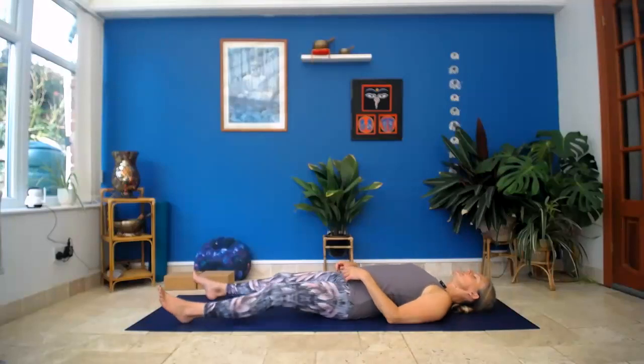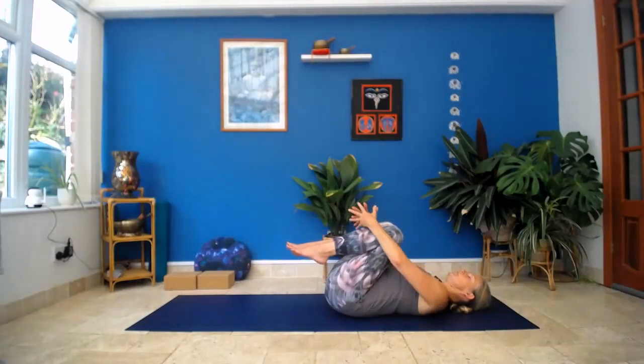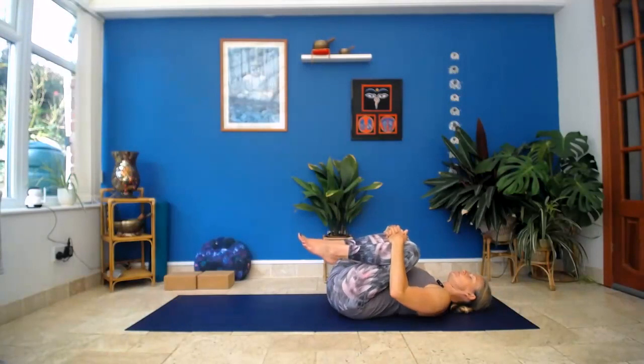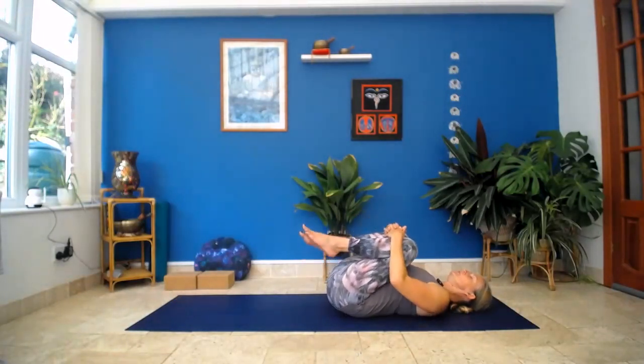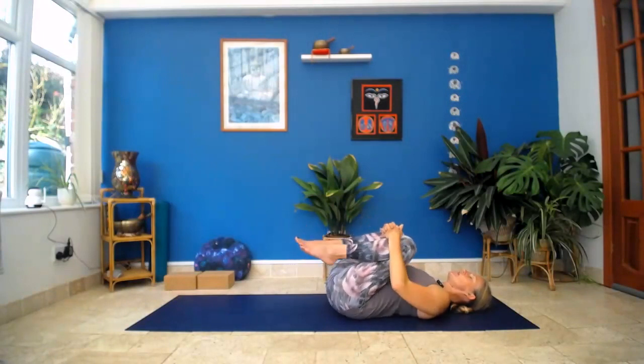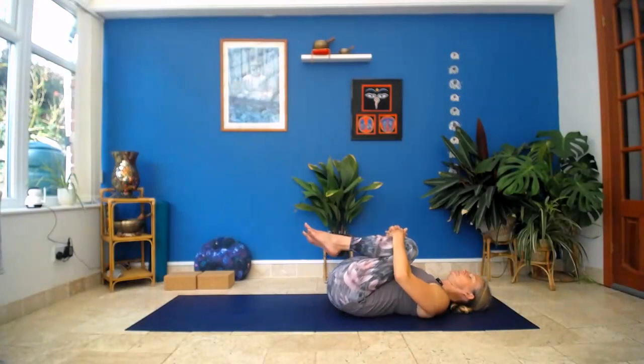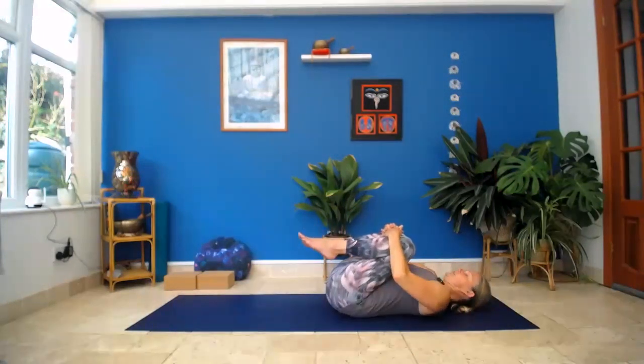Draw the knees in towards the chest. Roll and massage out through the hips. And again, feel that this might be the first time that you've ever done this. So notice all new things, looking at it from a beginner. Making sure the shoulders are spread out, the shoulder blades are spread out underneath you,